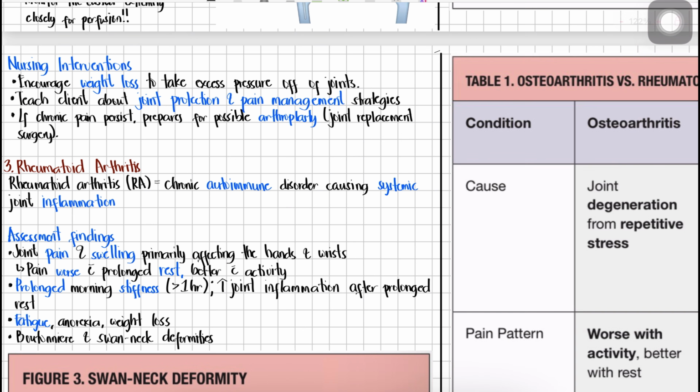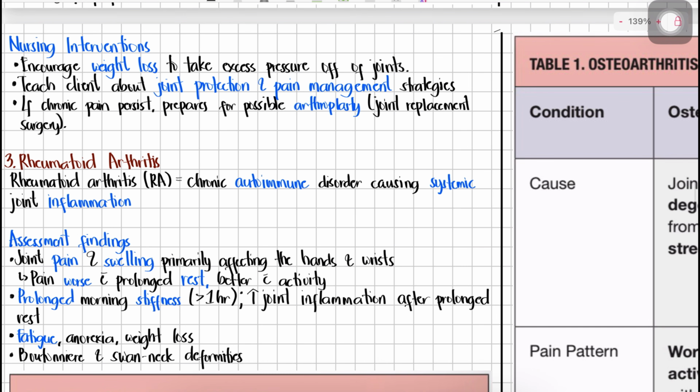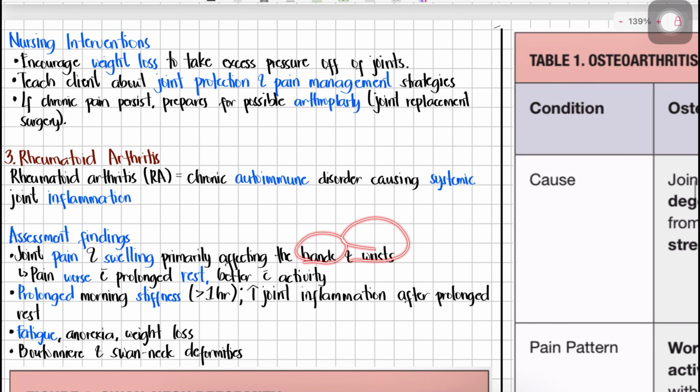Okay, the most common symptoms include joint pain and swelling. Okay, your rheumatoid arthritis, guys, primarily affects the small joints. Okay, small joints, while kay OA, guys, ang naaapektuhan niya is the large joints. Okay, don't be confused with that. Okay, such as your hands and wrists. Okay,